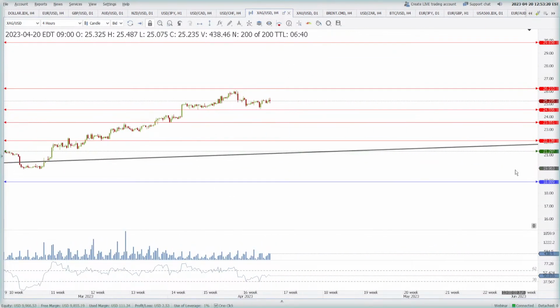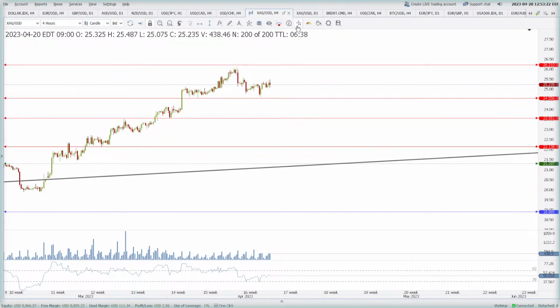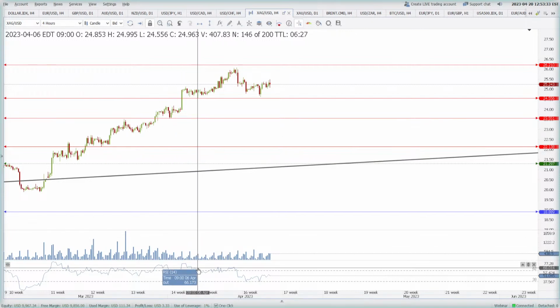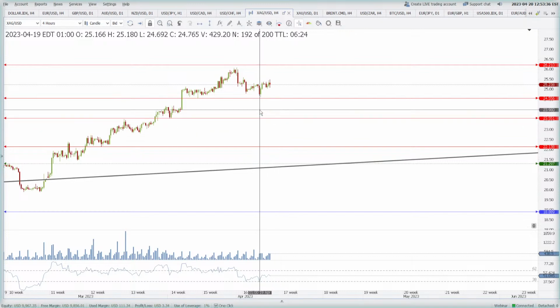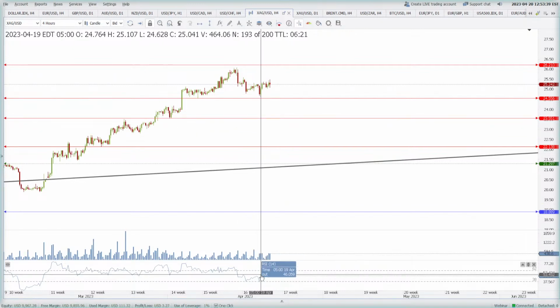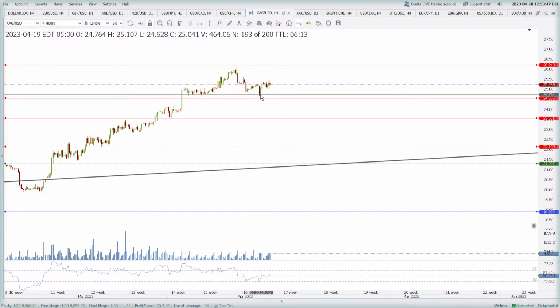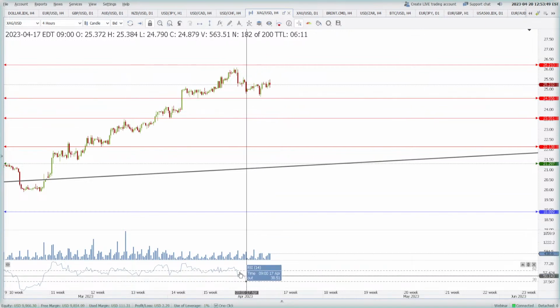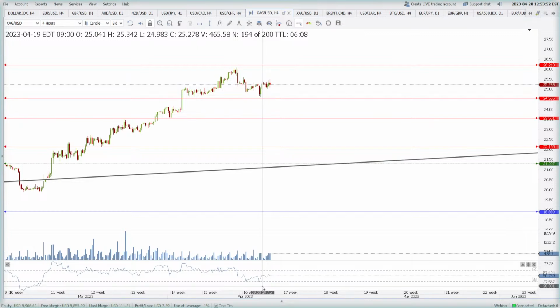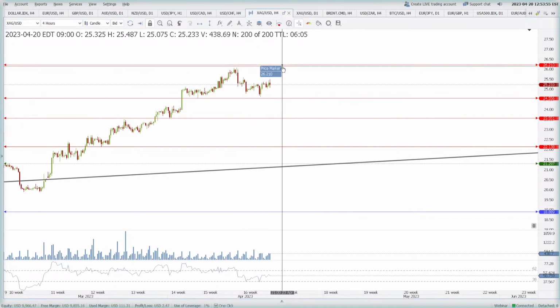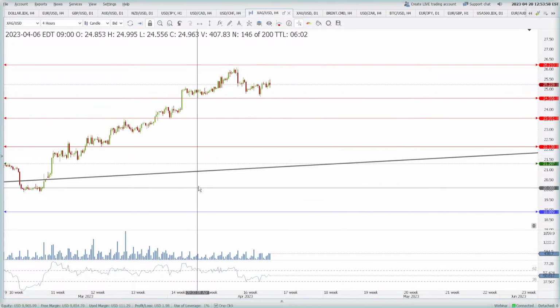Now you know what a hidden divergence is, right? Here the price made a low, and here the price failed to make another low. But what was the RSI level? Here the RSI level was 66.17. What was the RSI level here? The level of RSI here was 46.05. So the price failed to make another low, but the RSI has already made another low, making more headroom for silver to go higher. So this is called a hidden bullish divergence.